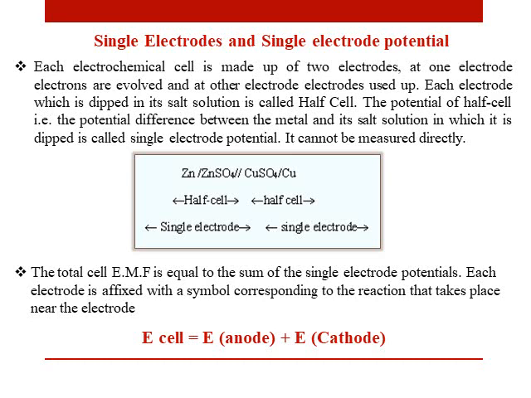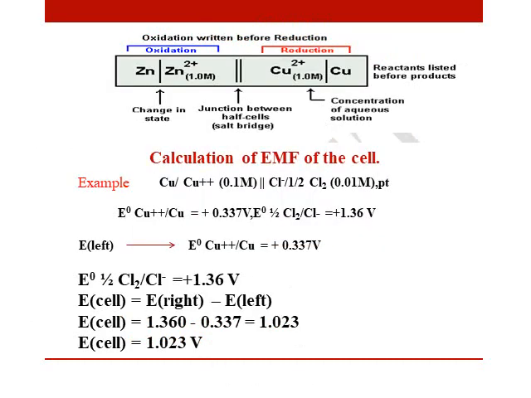E cell is the combination of the EMF generated at the anode and the EMF generated at the cathode. So for single electrode systems, the EMF can be determined with the Nernst equation. Before going into it, see this pictorial representation: zinc in contact with 1 molar zinc 2 plus solution where oxidation takes place, and copper 2 plus in contact with copper solid where reduction is taking place.